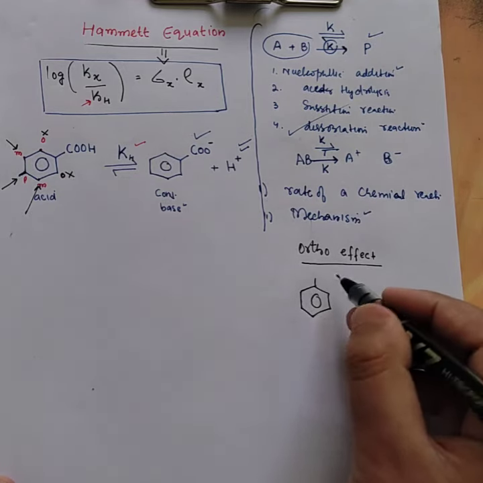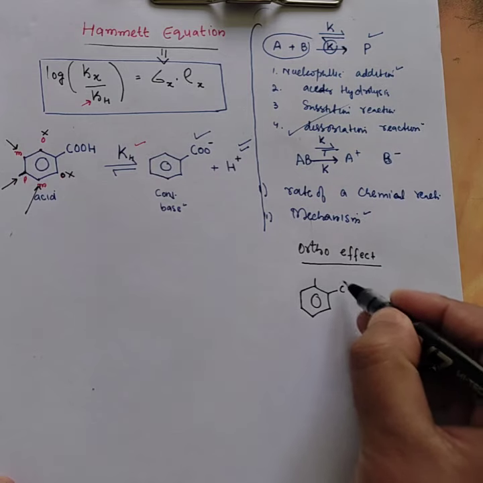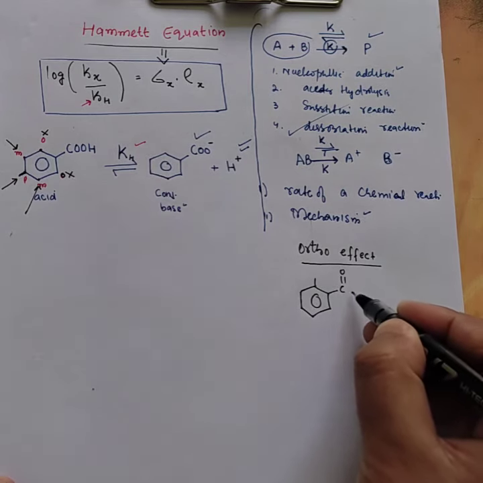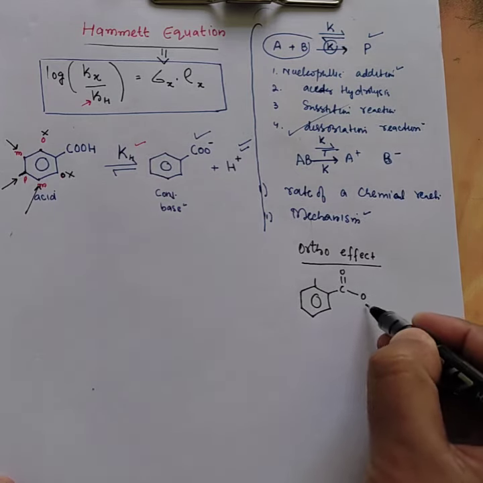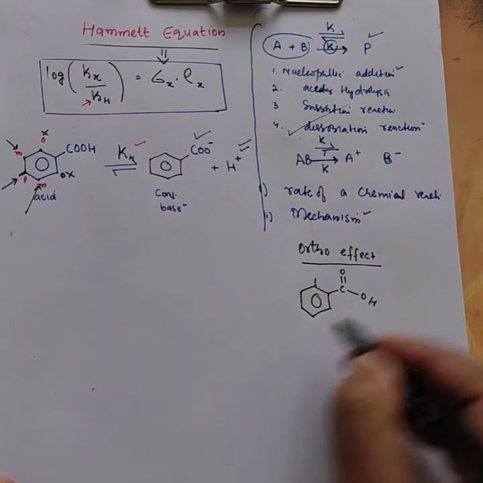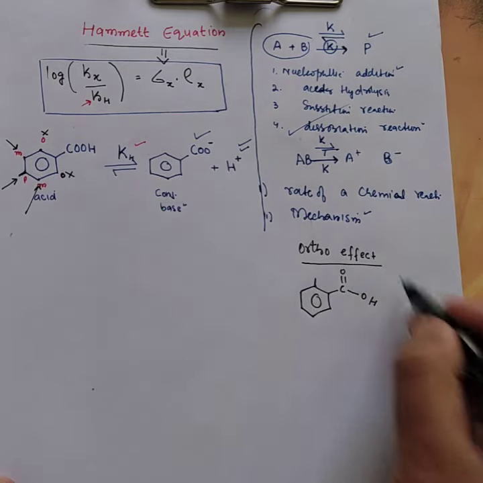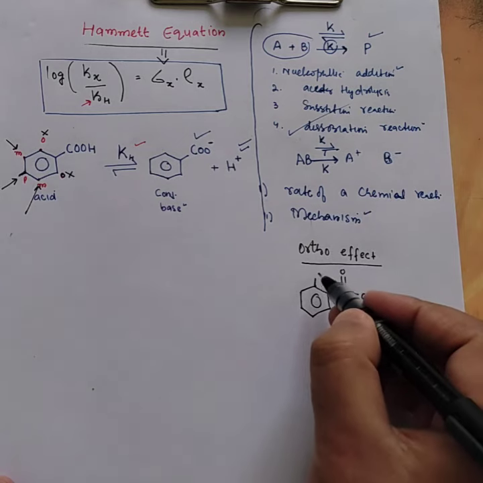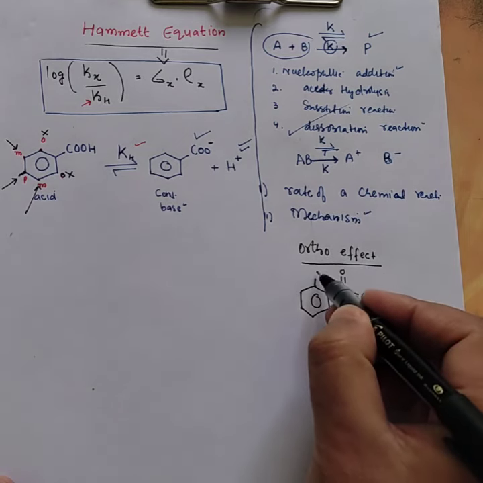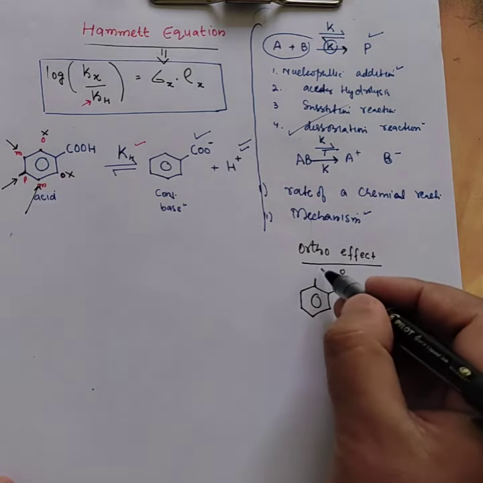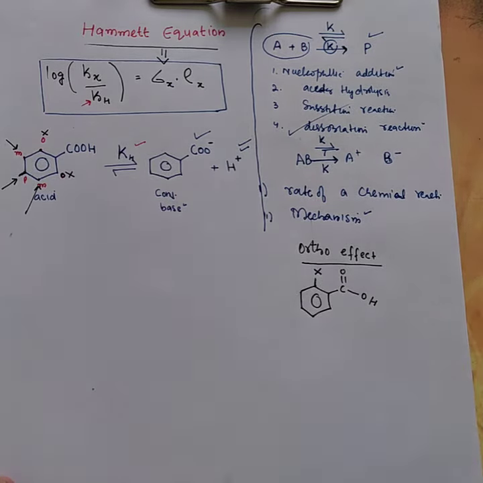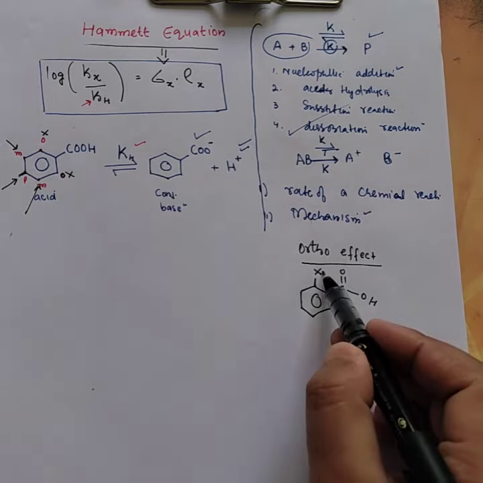Now we'll write it like C double bond O OH. Let's say at the ortho, this is benzoic acid. At the ortho position, I should say any substituent X. Now, it has been seen after a lot of experiments and a lot of research that the ortho effect always has